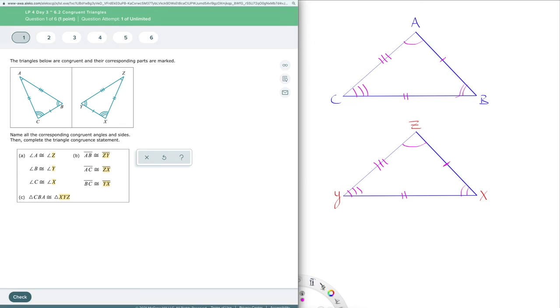That matters so much. Those need to be in corresponding order, or this will not be correct. So definitely pay attention to the order you're putting them in. All right. So